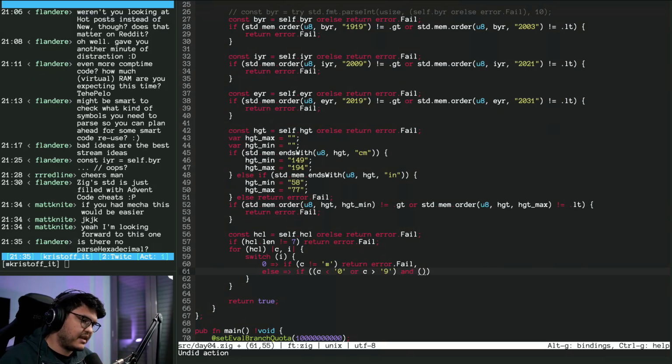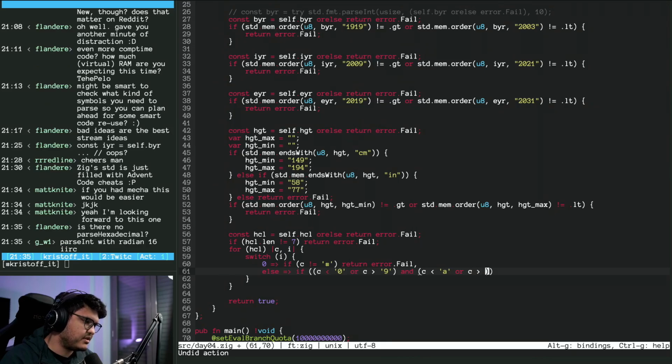And the other part fails if C is lower than A or C is bigger than F. I think this should be right. So yeah, if C is lower than A or bigger than F and is lower than 0 or bigger than 9,